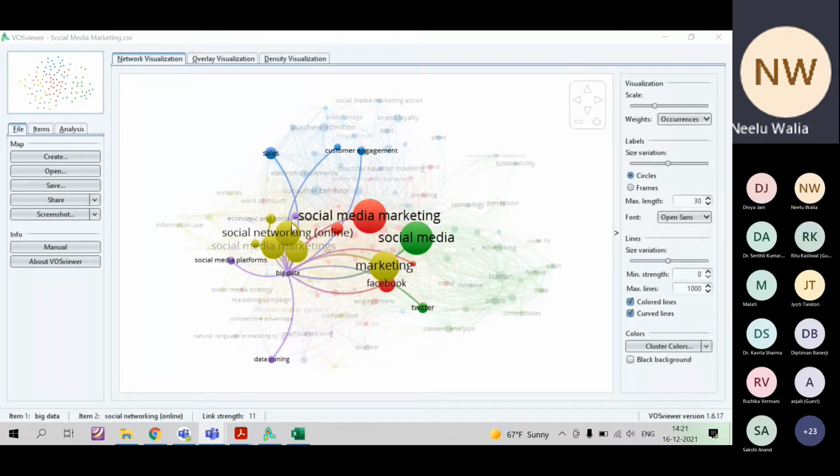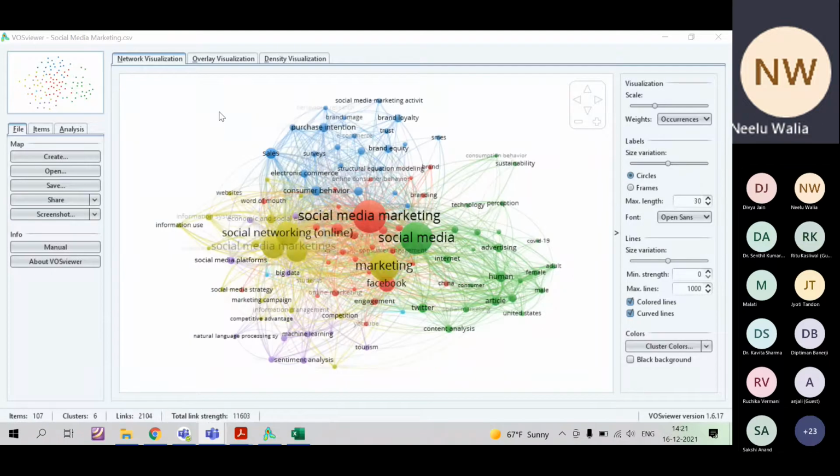So from here you can find the keywords, and now you can review the papers to establish the relation among these variables. Okay, technology and perception. If I have to find the relation between technology and perception, I have to read the paper and see whether there is a relation between them or not.